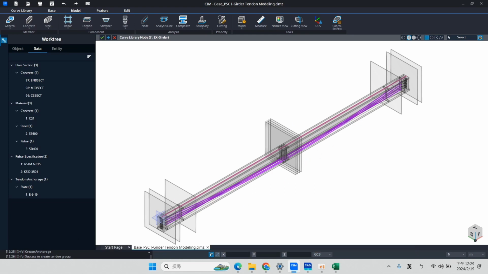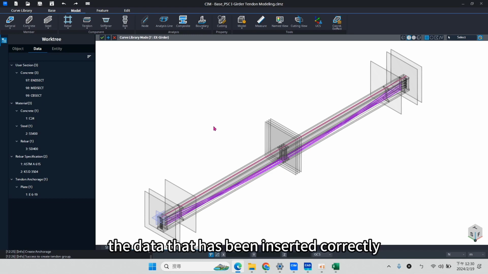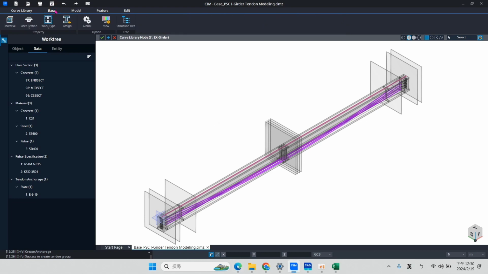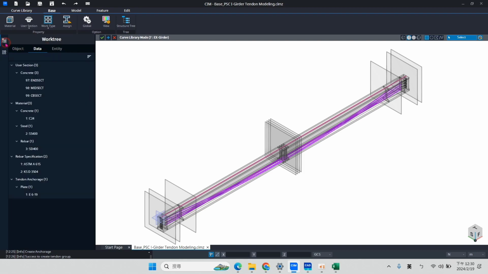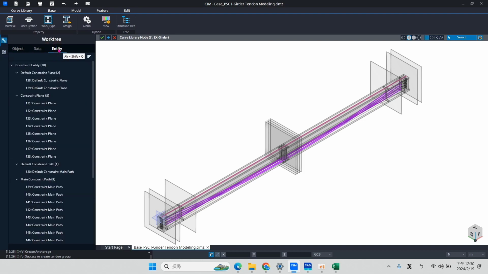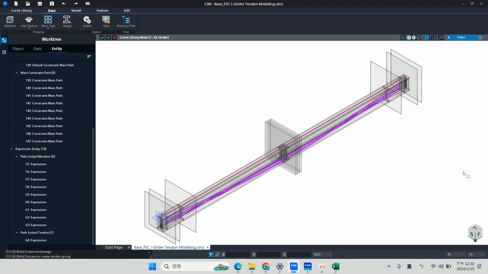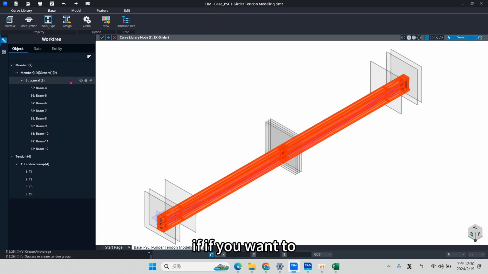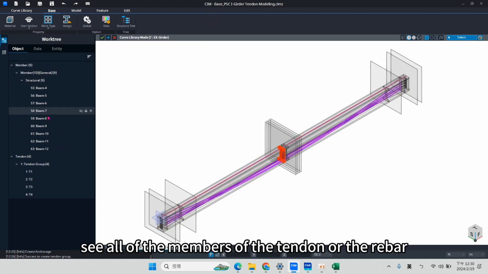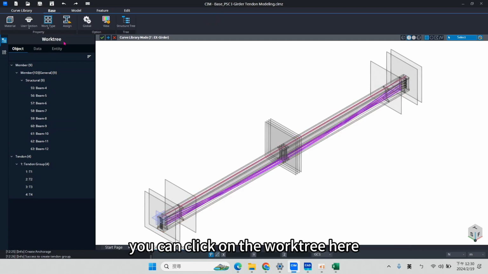Okay. If you want to check if the data that has been inserted is correct, you can click on the page and click on the structure tree here. If you want to see all of the member or the tendon or the rebar, you can click on the work tree here.